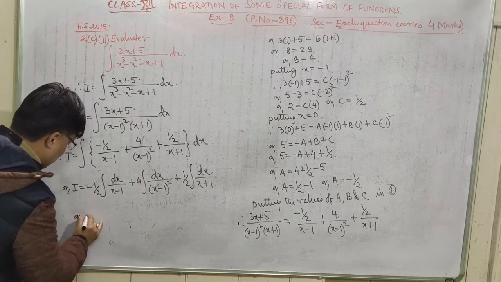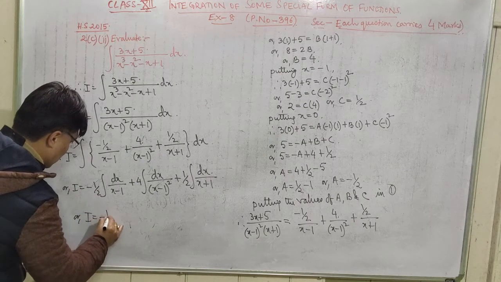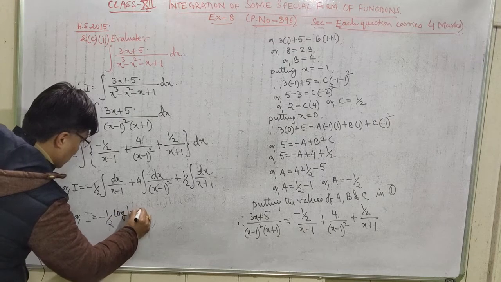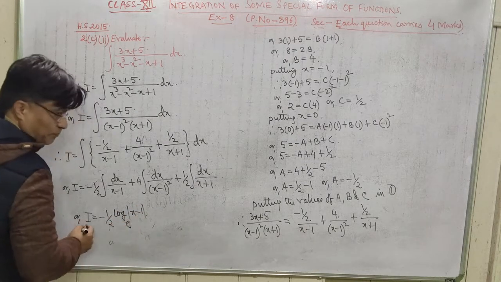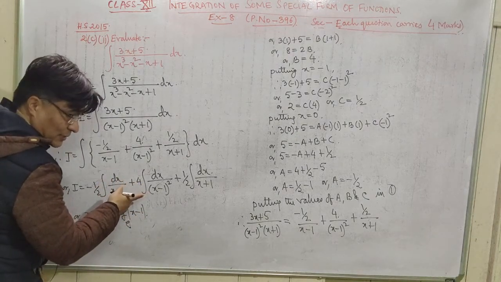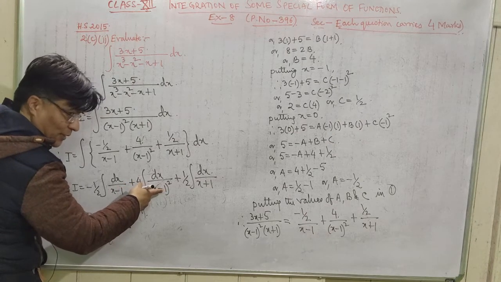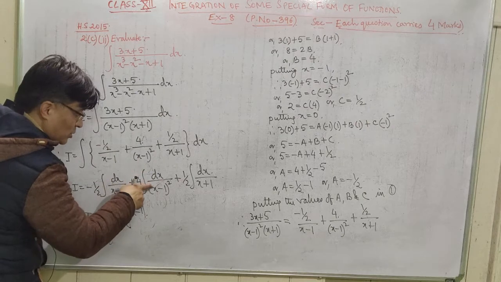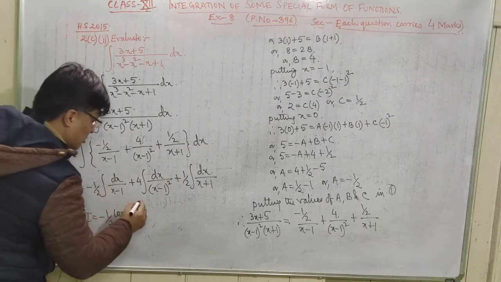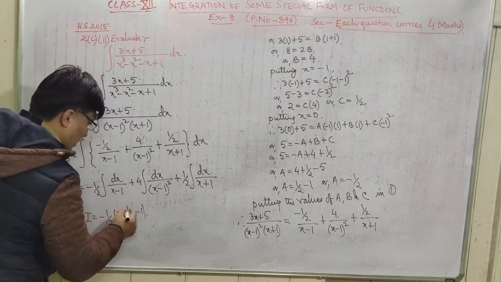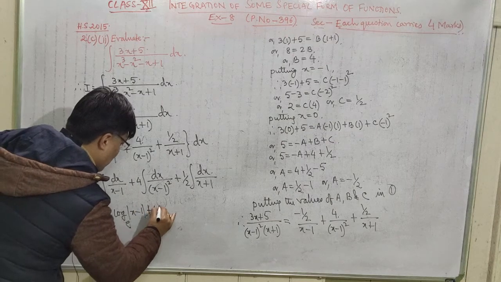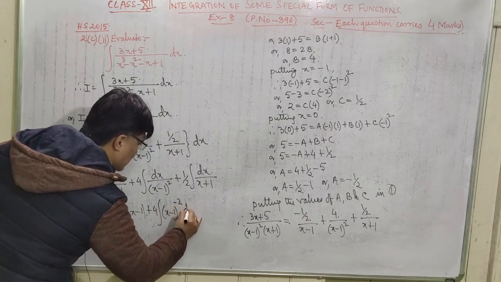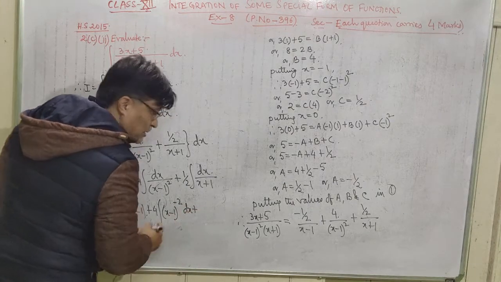So we can easily integrate the first and the third term. So it is minus half, what is this integration? Log within mod x minus 1, the base is e. Here you cannot directly integrate it because there is (x minus 1) whole square. So if x minus 1 is taken as x, it is x square, so it is taken to the numerator. Plus 4, integration of this will be (x minus 1) whole to the power minus 2 dx, plus